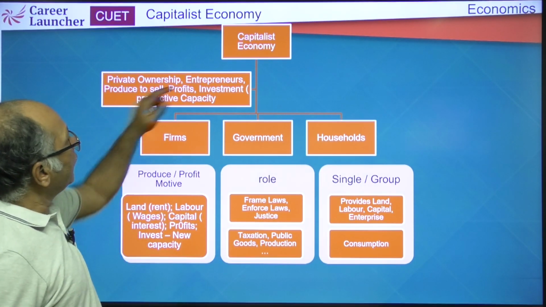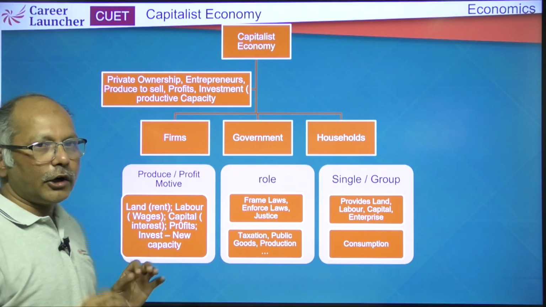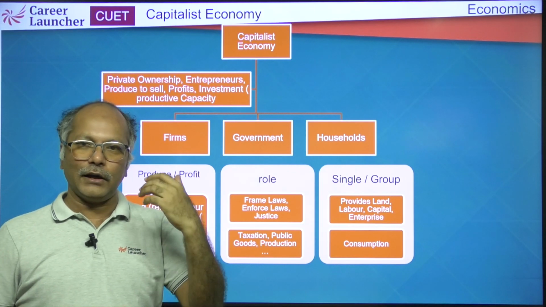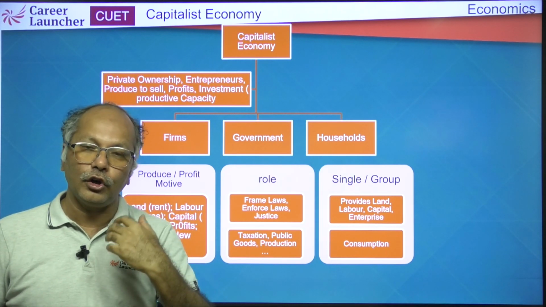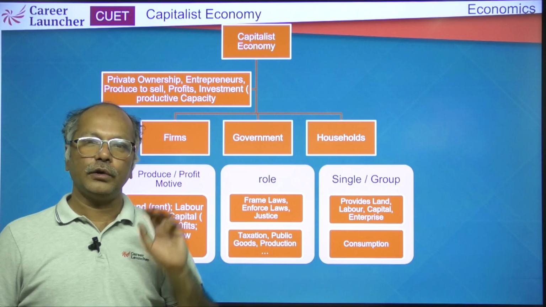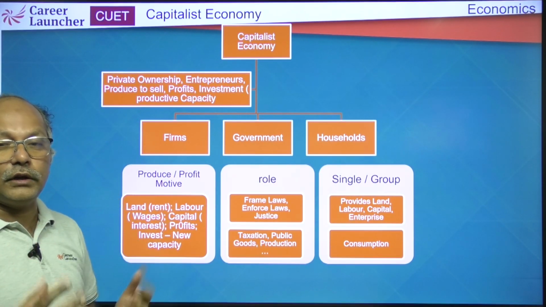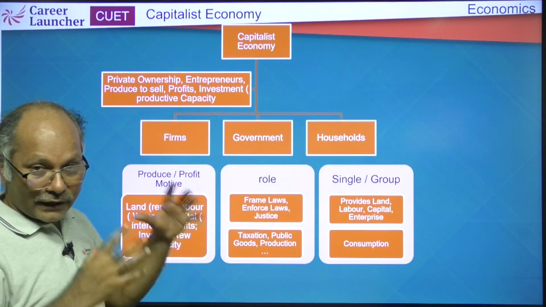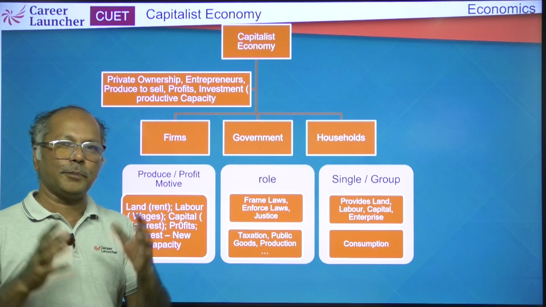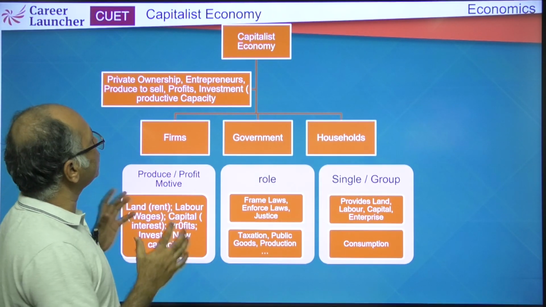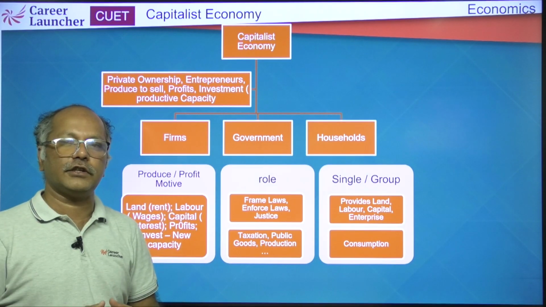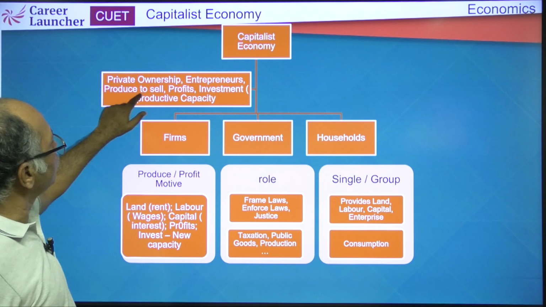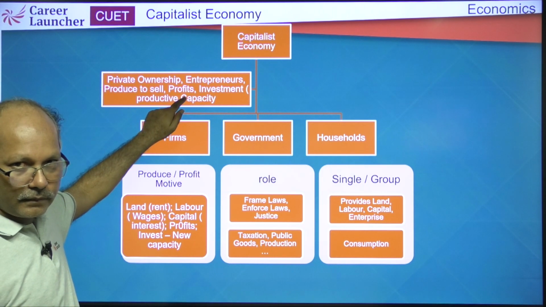So when you think of a capitalist economy, it has this characteristic. It's got private ownership, which means people can own land, they can own factors of production, they can own firms, right? Production units, right? Whereas in a communist country, you cannot do that. I mean, the government owns everything. So then you have the people who run the show, right? The entrepreneurs, the entrepreneurial thing that we talk about. Entrepreneurs are the people who ensure that the resources that are available are put to best use, and they produce to sell, to make profits, and